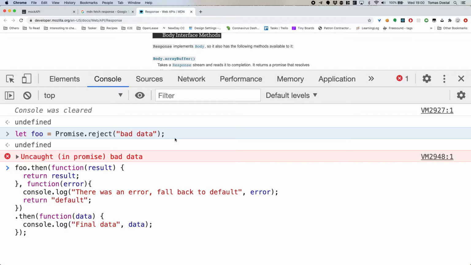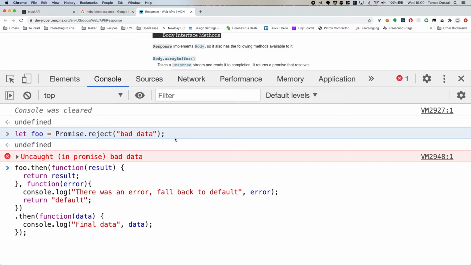Then after it's executed, it takes the result to the next function, which returns result. But it also runs the next function, but there's no error at that point. So nothing happens in there, or that is not defined.